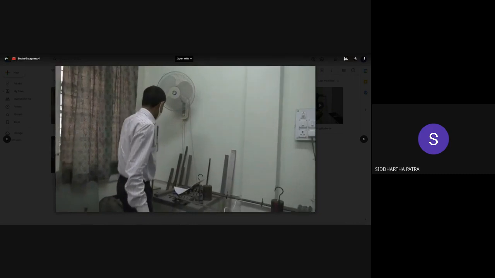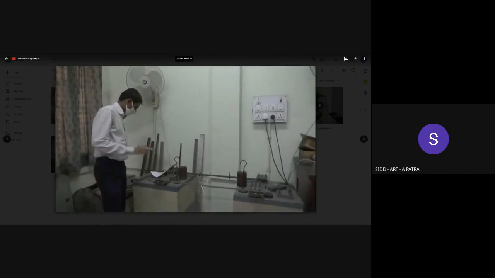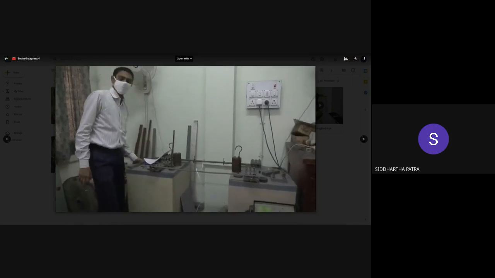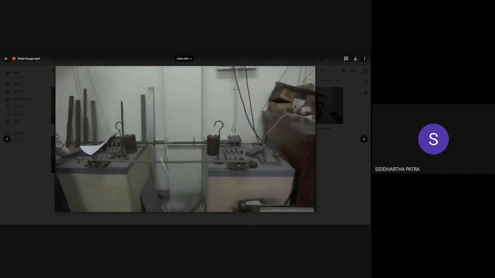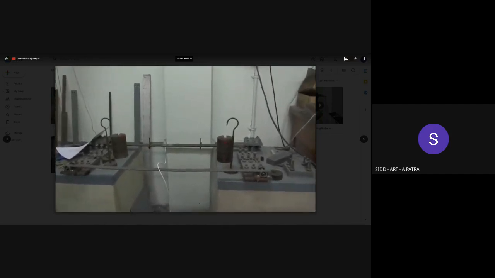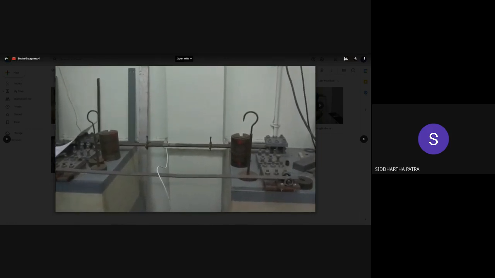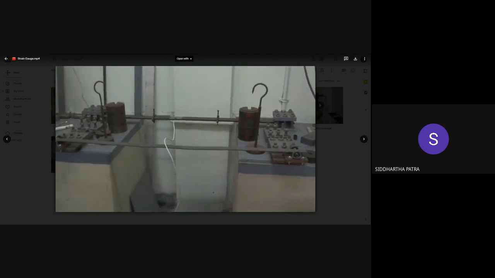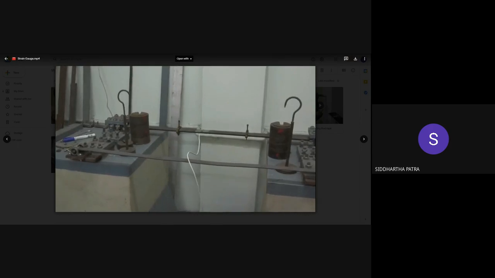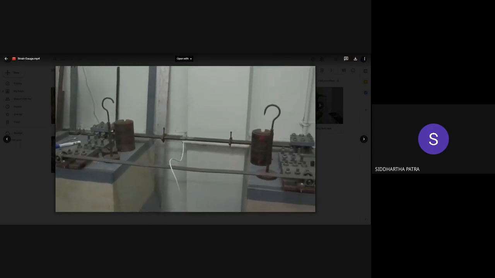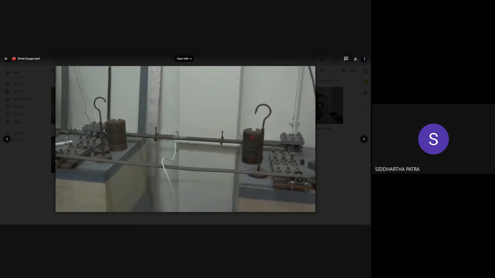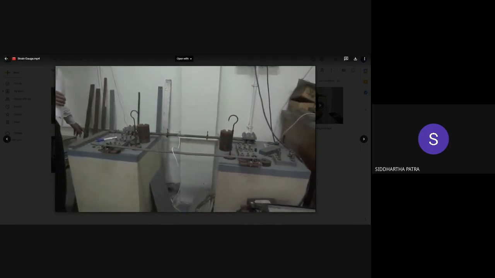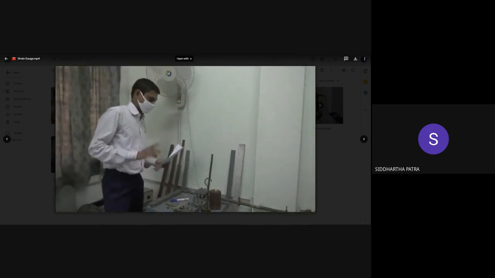Now, what is the advantage of half bridge configuration? First of all, the first advantage is that if we attach one strain gauge, then the voltage induced per unit strain will be exactly half of the voltage induced per unit strain in the present case, that is the half bridge case. Half bridge case is called with two strain gauges. If there is a single strain gauge, that will be called the quarter bridge case. So, in the half bridge case, the sensitivity, that is the voltage per unit strain, will be double compared to the quarter bridge case.